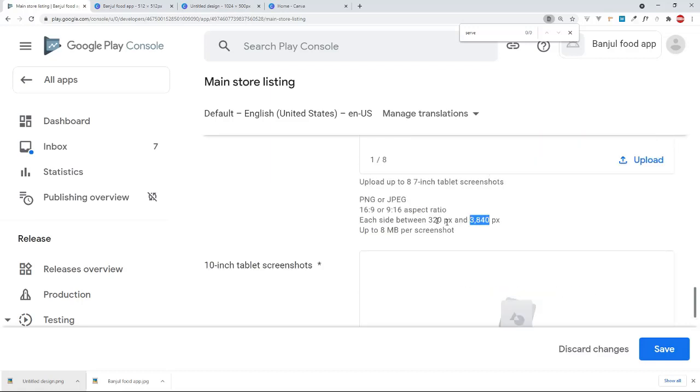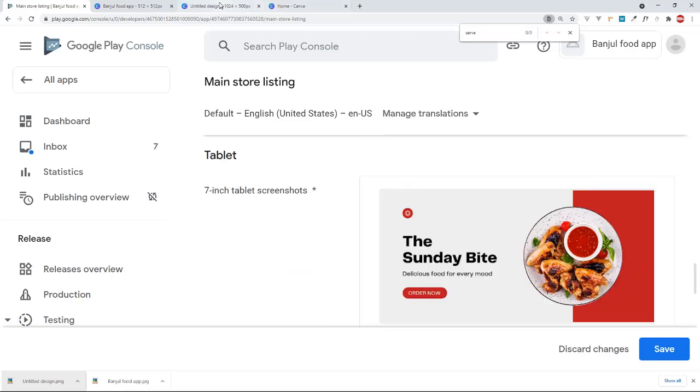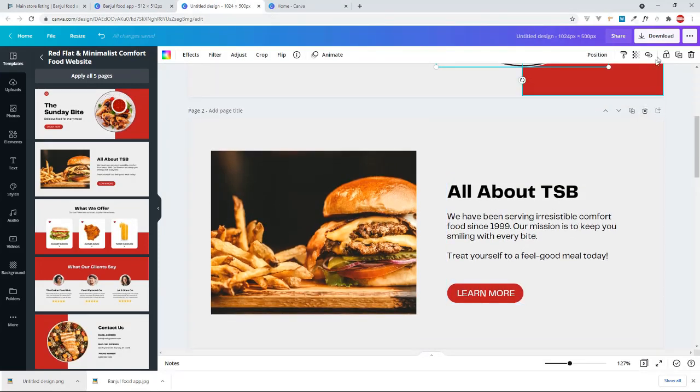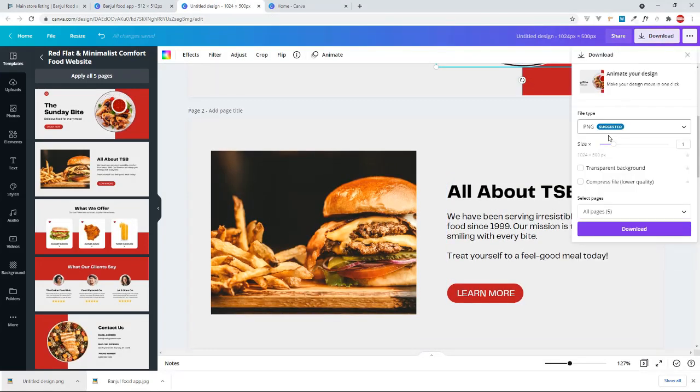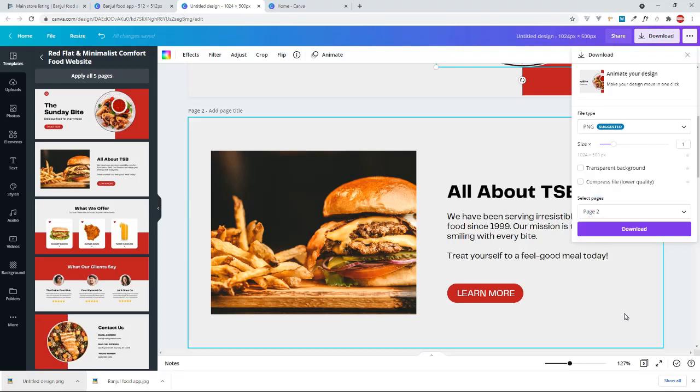So they want how many? Upload up to 8. So maximum is 8, but even 1 can work. So you can go ahead and put this one also. They're just kind of graphics. Download this one, the second one, so I can get this second one, download it,